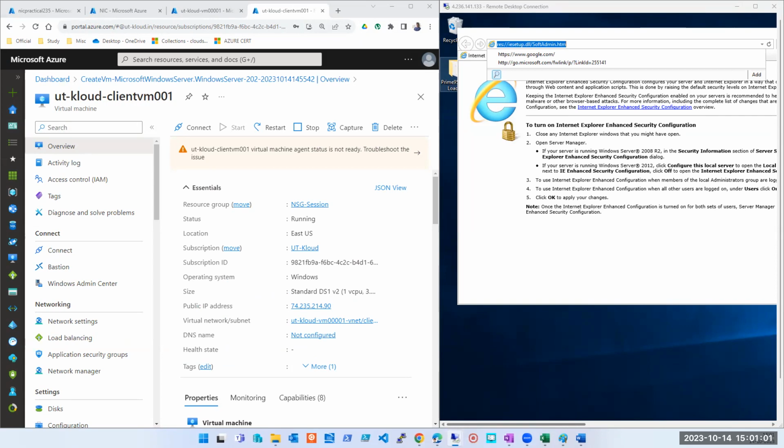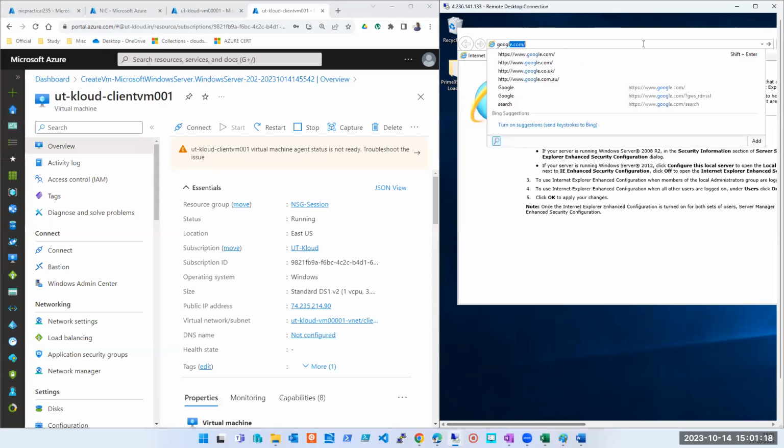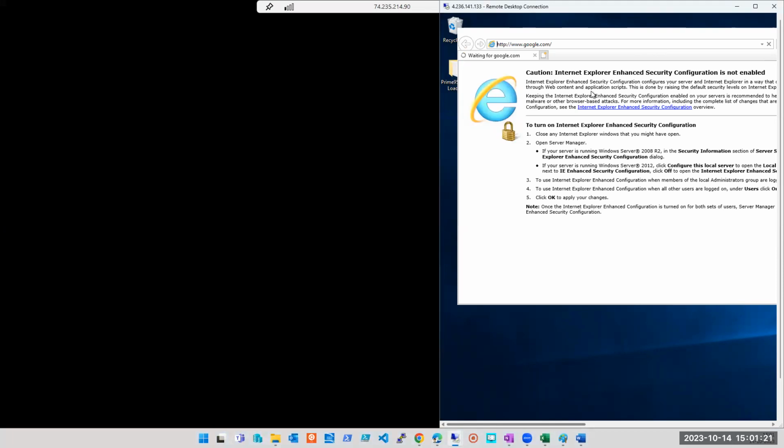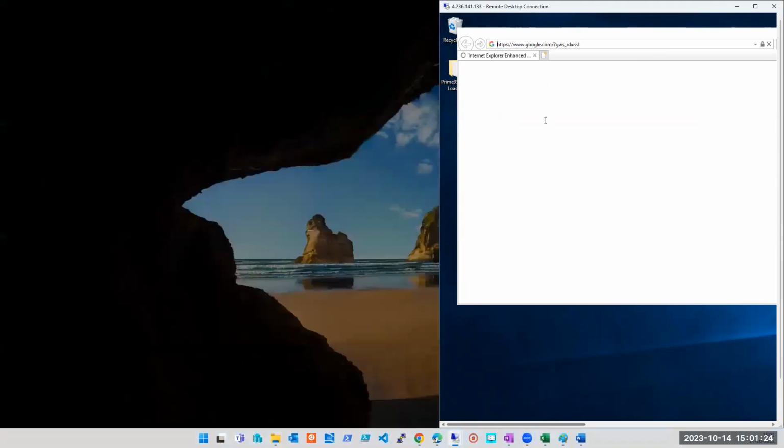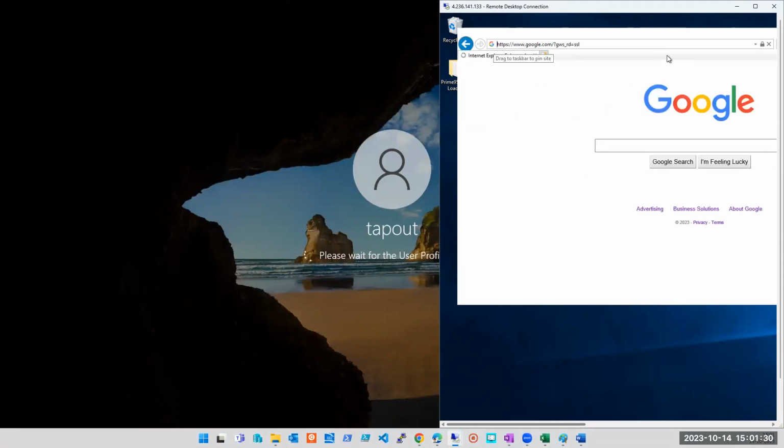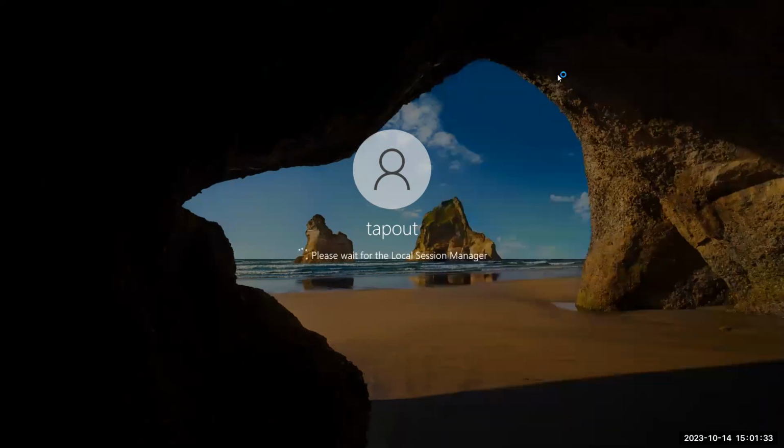Let me log into the other machine also. I'll show all these steps on the next machine instead of this one. But meanwhile, if you want to check if Google is working, look at this. Google.com is working on this one. It is taking some time to download the page, but it is working. This has come up here, it means it is working. So the internet is working. Why? Because while creating the machine, I selected an NSG, and by default its rules have a rule which allows the internet.